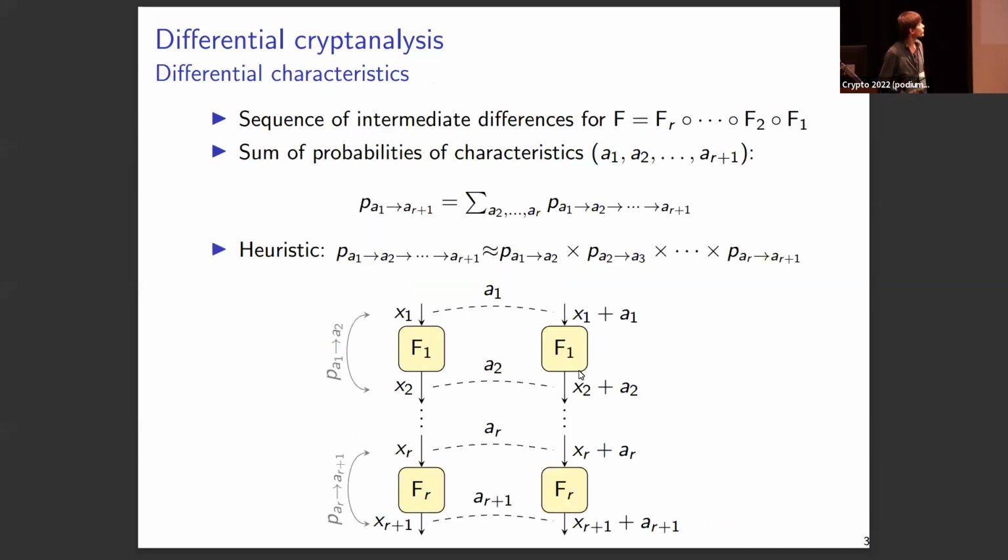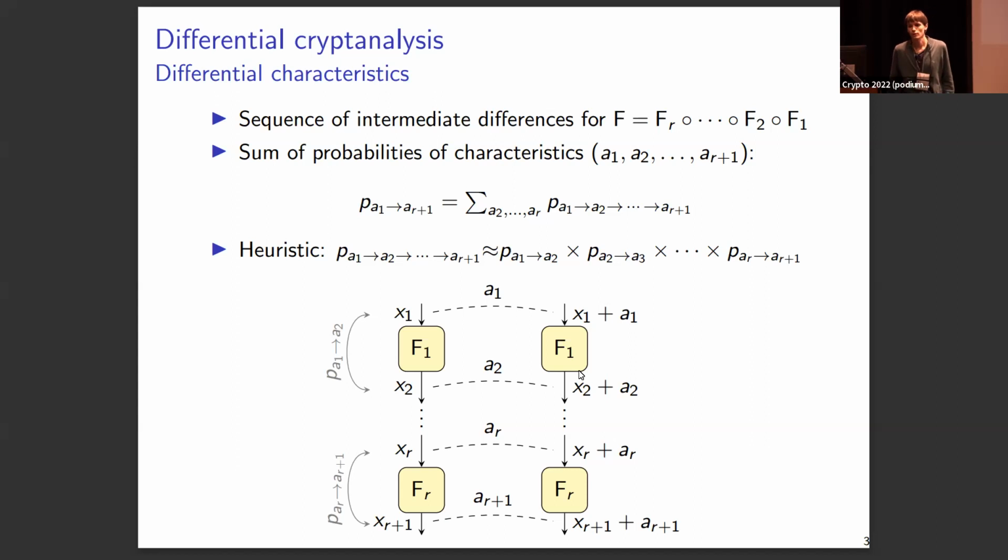In general that's pretty difficult, but usually we have some structure. Our function is a composition of a number of much easier functions, and we build a sequence of intermediate differences. That's what we call a characteristic. The probability of your differential is then the sum of the probabilities of all the characteristics. That's a first simplification, but it still leaves open the problem of how to compute